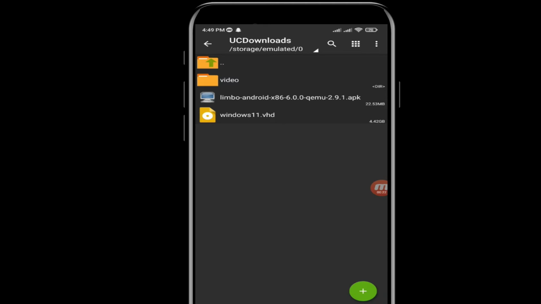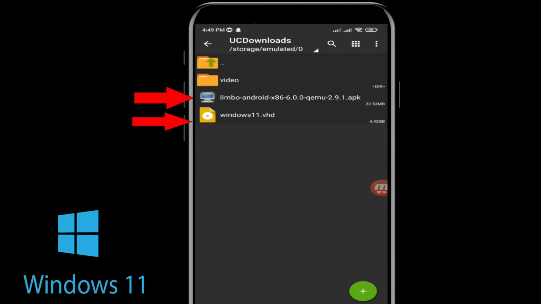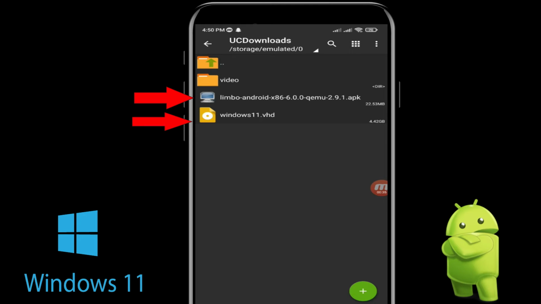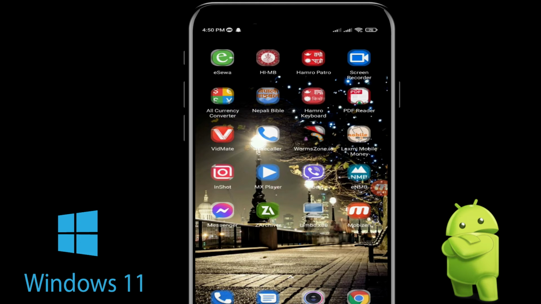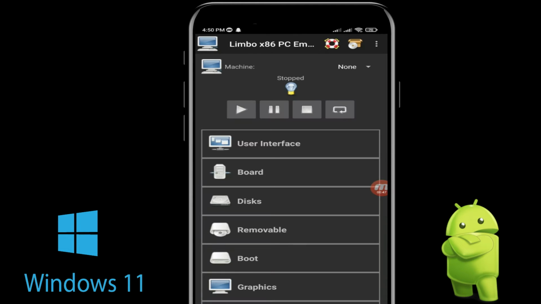First open the file manager, and there you need to download one application and an ISO file. Both the application and the ISO file links are given in the description down below. Just go and check them out from there. I already installed an application called Limbo, so just open it and click on New,